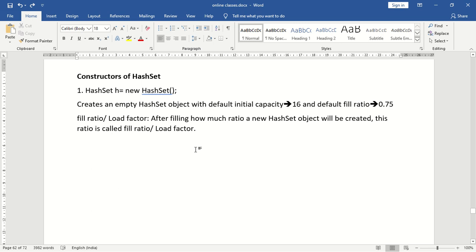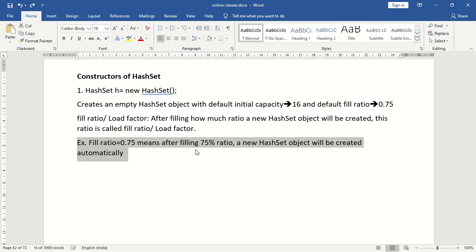This ratio is called the fill ratio or load factor. For example, if the fill ratio is 0.75, what does it mean? It means that after filling 75% of the capacity of the hash set, a new bigger hash set will be created.